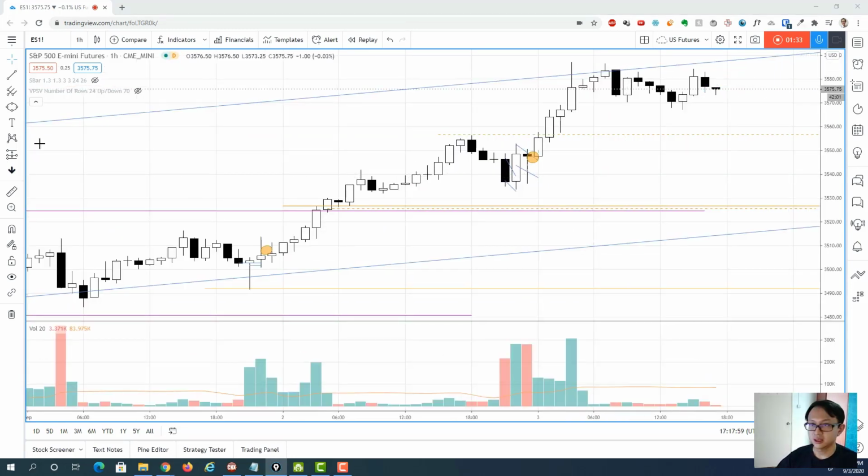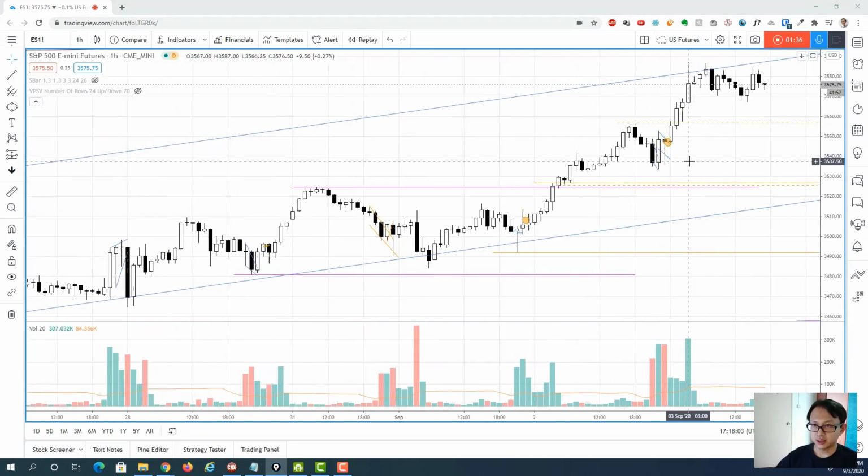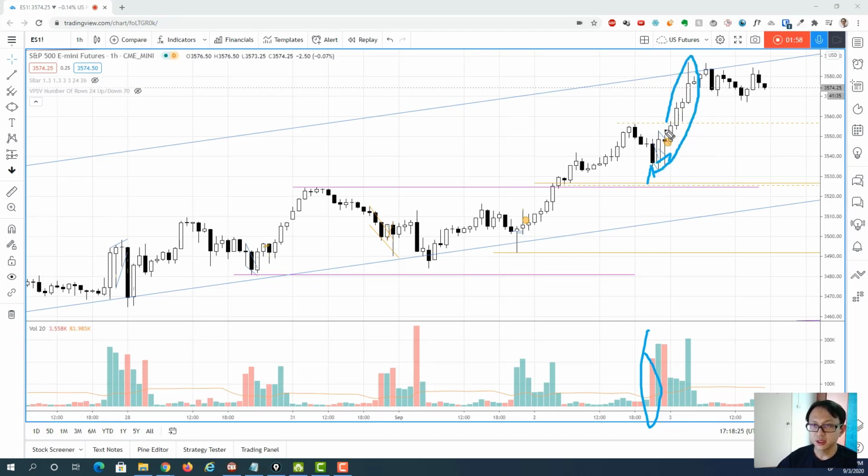As you can see in the hourly chart here, yesterday's US session was a relatively clean and nice trend day. This is the first hour of the trading session, about 9:30 p.m. my time, and subsequently right after this reaction we have this nice up move here. You can see that almost every single bar is a straight up bar, and eventually it closed near the high with a slight rejection tail here. And subsequently, during the morning session today, we have seen a very tight consolidation until current time,